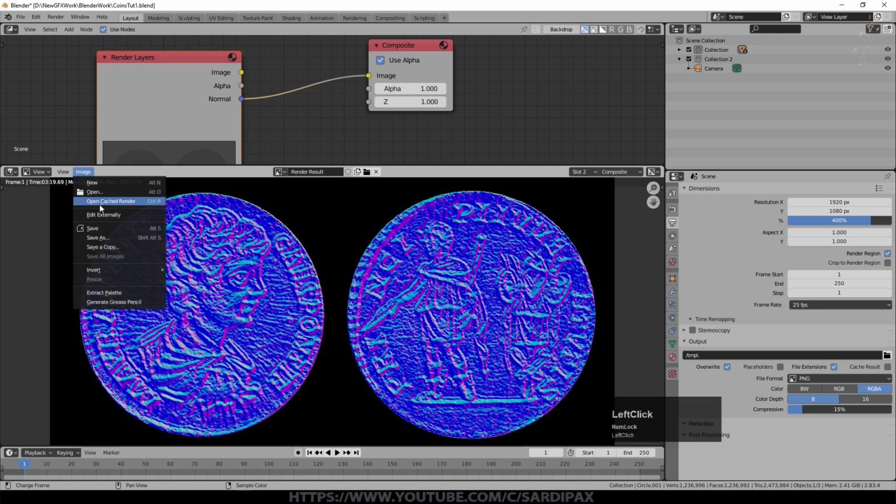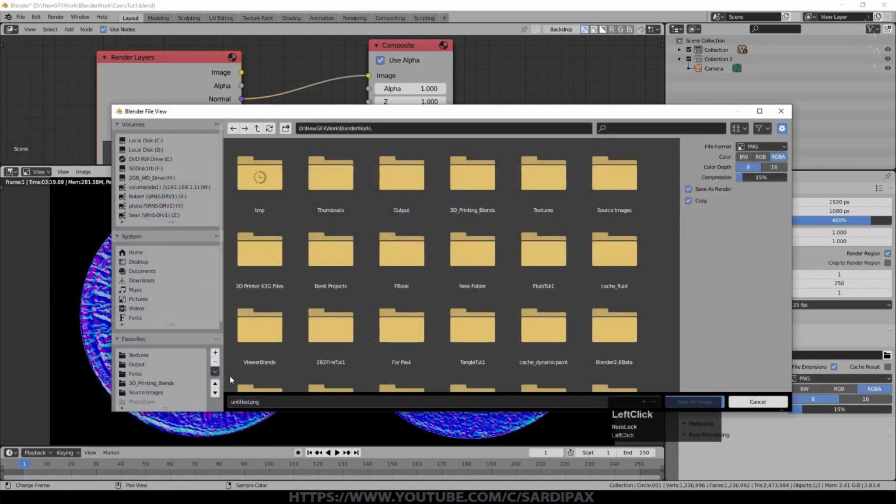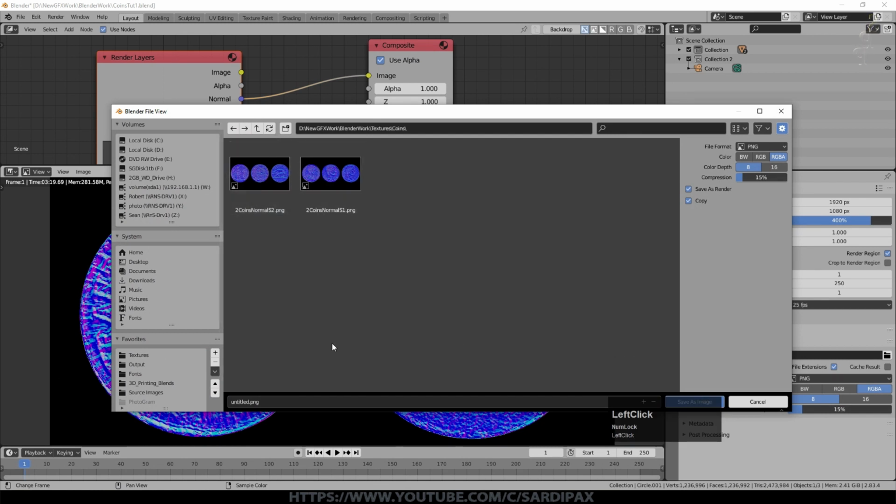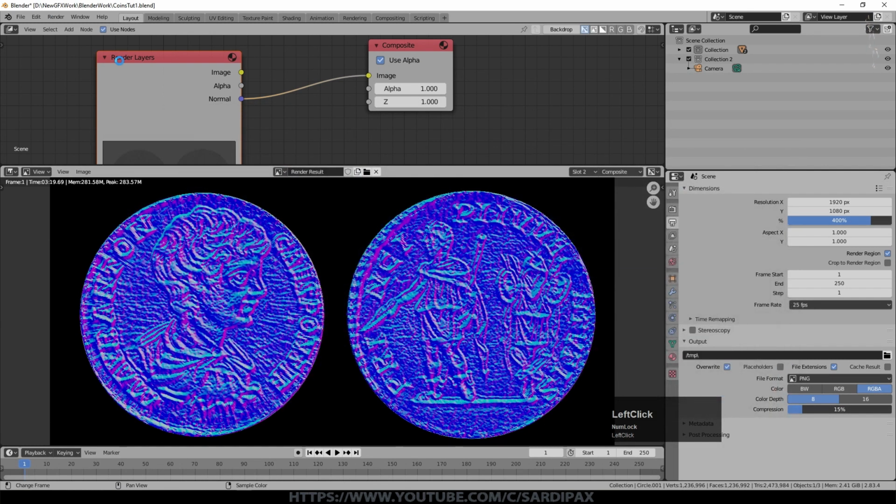So now all we need to do is save as. Normally I would say a PNG, and you can see I've got a couple of them there. And now we need to create a new file if we want to use these coins. It's taking a while because it's quite a big image. So we'll say new, general, and save the changes.